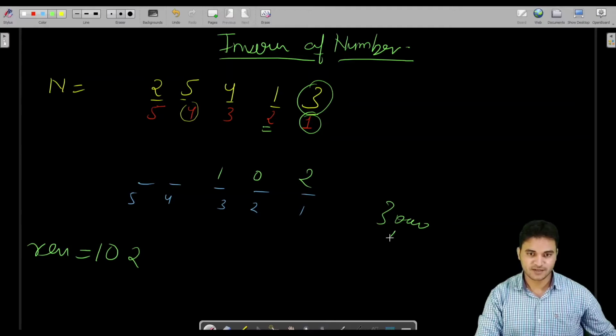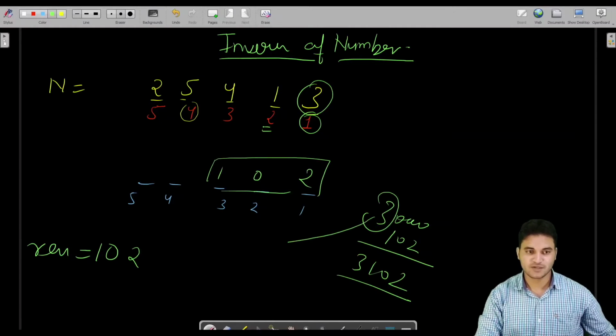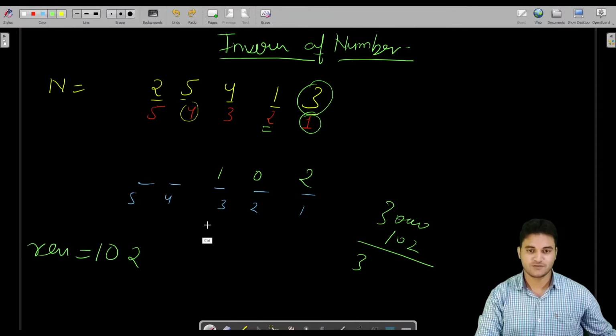If I add 3000 into 102, this is going to be 3102, and I also want this 3102. This number will not be affected, and I would be able to place 3 on this place successfully. So that is what I want. Let us see how I am going to achieve. This is the most important point for you to understand.